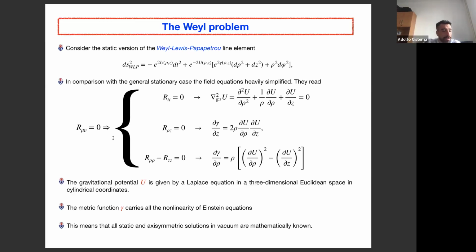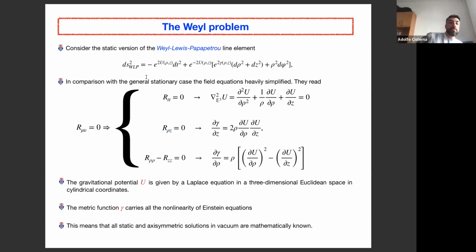But now I would like to start looking for spacetimes in which I also have a scalar field around. And the first thing we need to have in mind to do that is the so-called Bach problem. The Bach problem is a simplification of what I showed you before. Before we were dealing with the most general stationary axisymmetric circular spacetime. Now let me go to the most general static axisymmetric spacetime, okay? So now I make everything static. So of course there is no rotation.